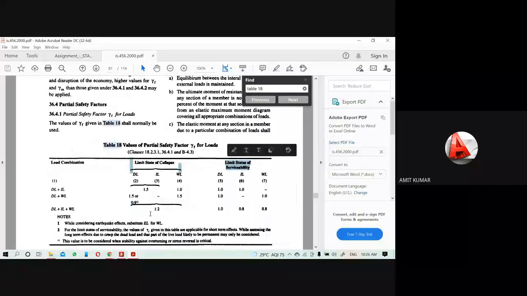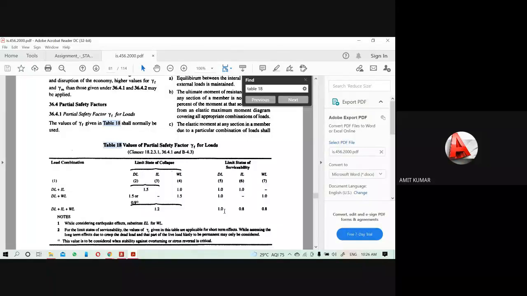We have a few common methods also. In case of the limit state of strength check, the load combination will be like this. You can see the value is greater than 1.